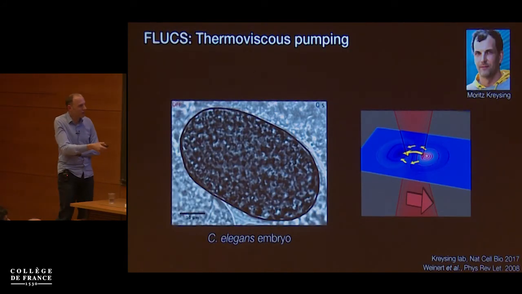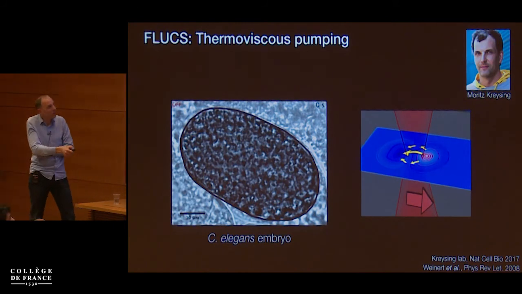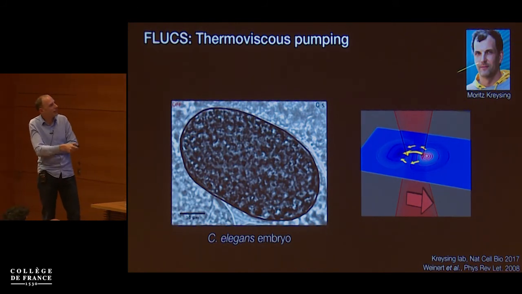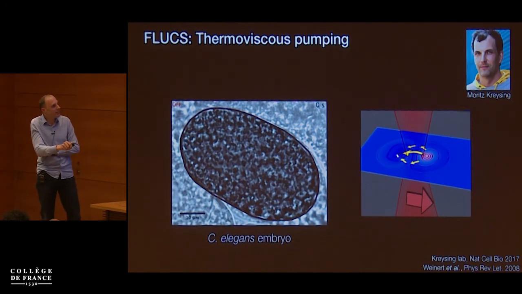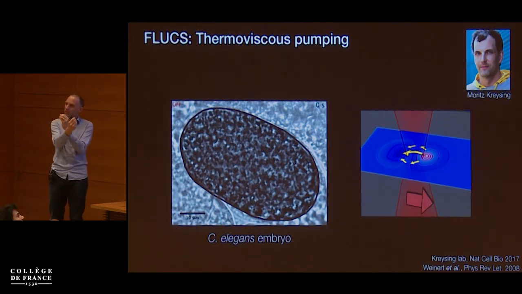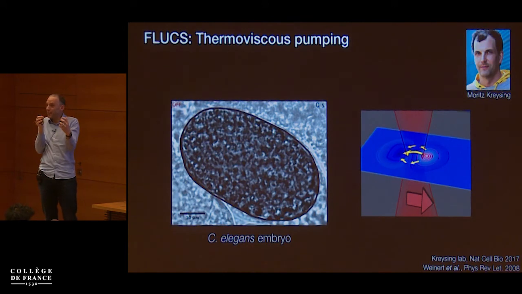And we used the following tool, which was developed by the lab of Moritz Kreising in Dresden at the Max Planck, where we used a technique called thermoviscous pumping. Okay? What this microscope does is it takes an infrared laser beam, heats up water, and then moves this laser beam in a particular pattern. Water, when it gets heated, expands. So if you move a heating laser a little bit, to a point in front of a spot you've just heated, as this volume expands, it sees cold water in front and hot water behind. The hot water is more fluid, so this is going to expand uniaxially. So with specific heating patterns, you can drive flows.